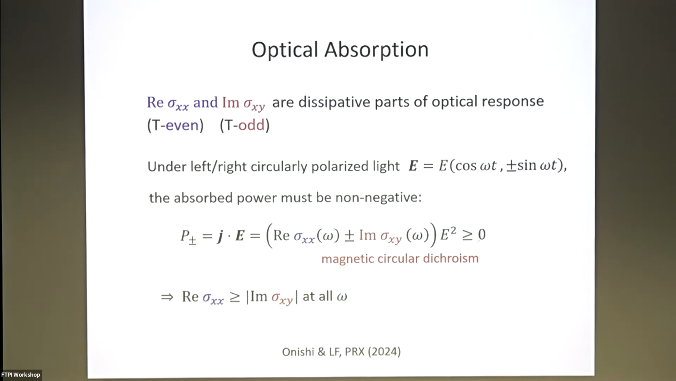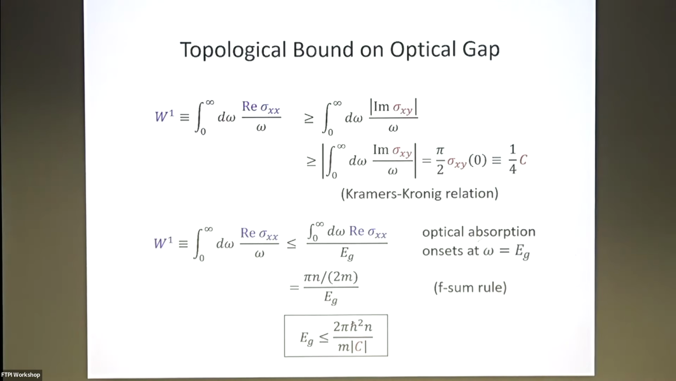Now, the absorbed power must be non-negative at all frequencies. So this immediately implies there has to be an inequality. The real part of sigma xx must be bigger than or equal to the absolute value of the imaginary part of sigma xy at all frequencies. Okay, so just using this,